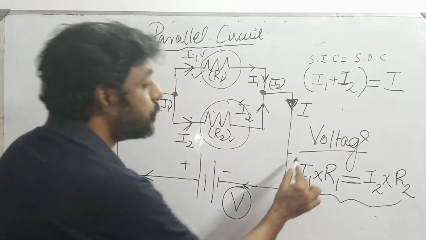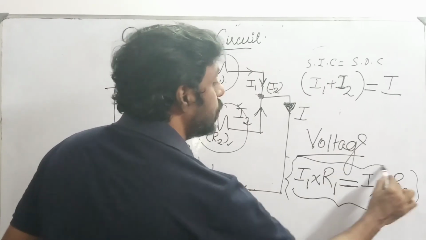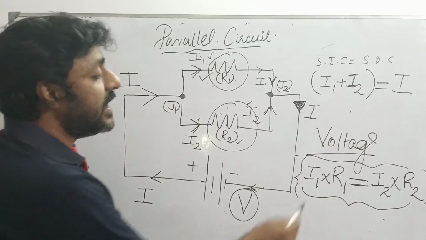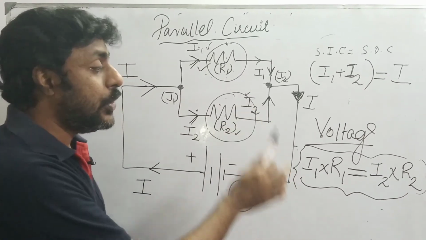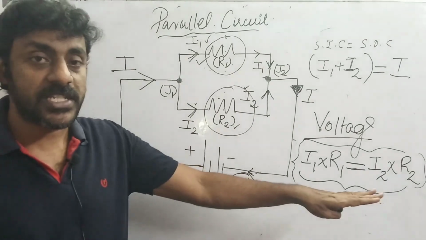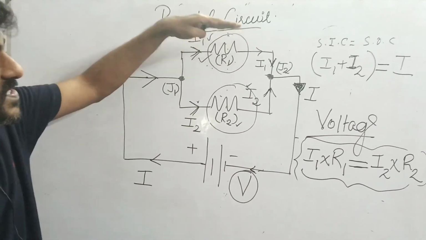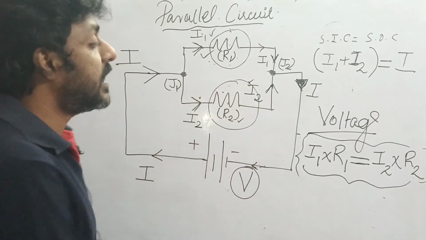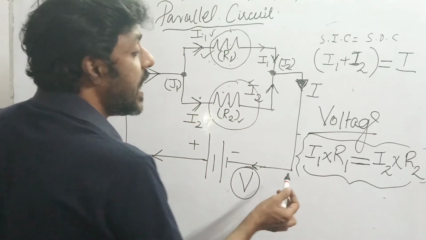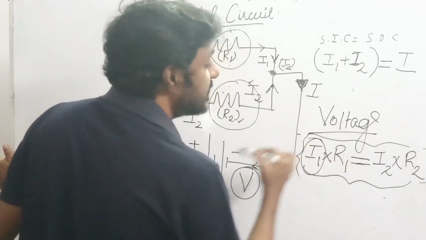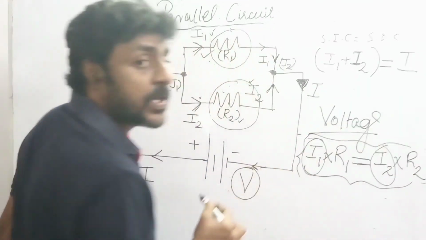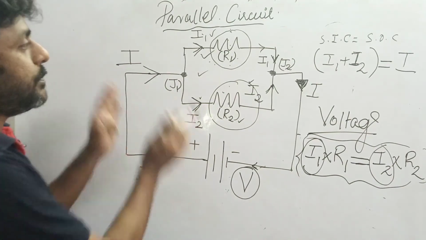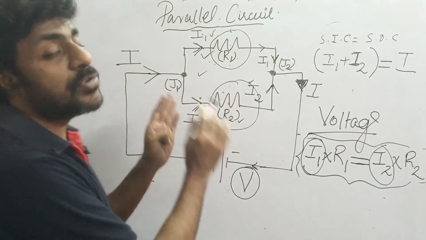This is the expression which we have obtained in a parallel circuit. Why have we obtained this equation? Because in a parallel circuit the voltage value is always the same. The voltage will not change. Whatever voltage is developed across the resistance R1, the same voltage will be developed across this resistance R2. But as far as the current is concerned, you have different currents. You can find I1 is a different current, I2 is a different current. So in a parallel circuit, the currents will be different. That is the basic concept involved in a parallel circuit.